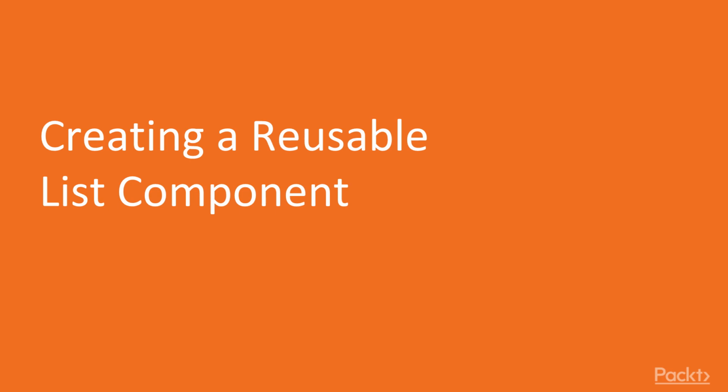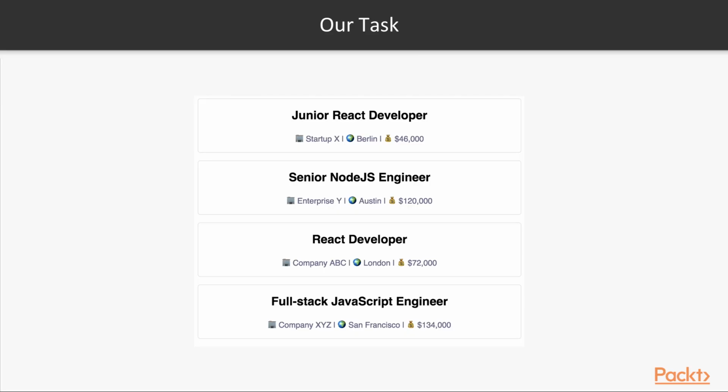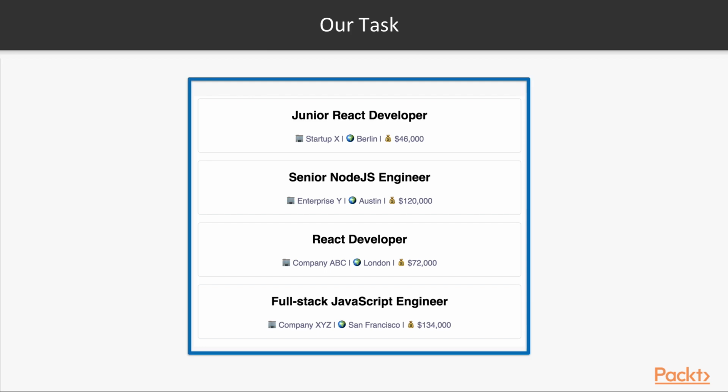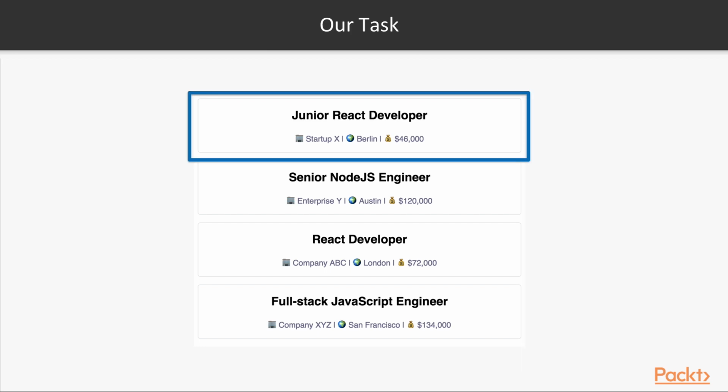So, what are we doing today? Well, we're building a reusable list component for a job board app. Here's a design I received as a reference for what we're building. Now, dissecting this design file, I can clearly identify that this is some sort of list container. And it comes with these individual card items, each of which has these sub-properties such as title, company name, location,